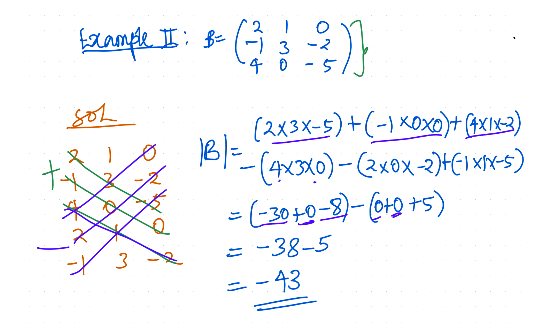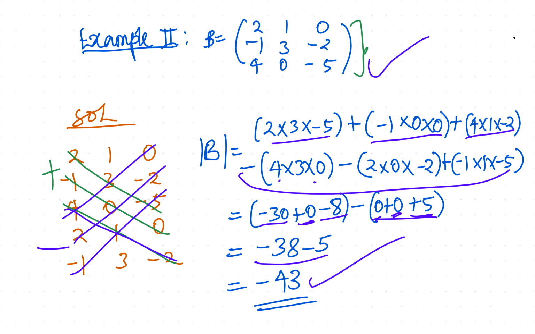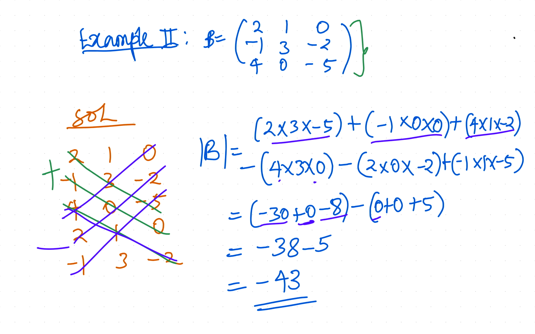So by the time I'm putting all this together, the first group are all positive, so you can put them together. Minus 30 plus 0 is minus 30, minus 8, that's minus 38. Then this is plus 5 in the bracket. The minus is outside, so you have minus 5. So minus 38 minus 5. So the determinant of this matrix is minus 43. So you see the rule of Sarrus makes finding determinants of a 3 by 3 matrix